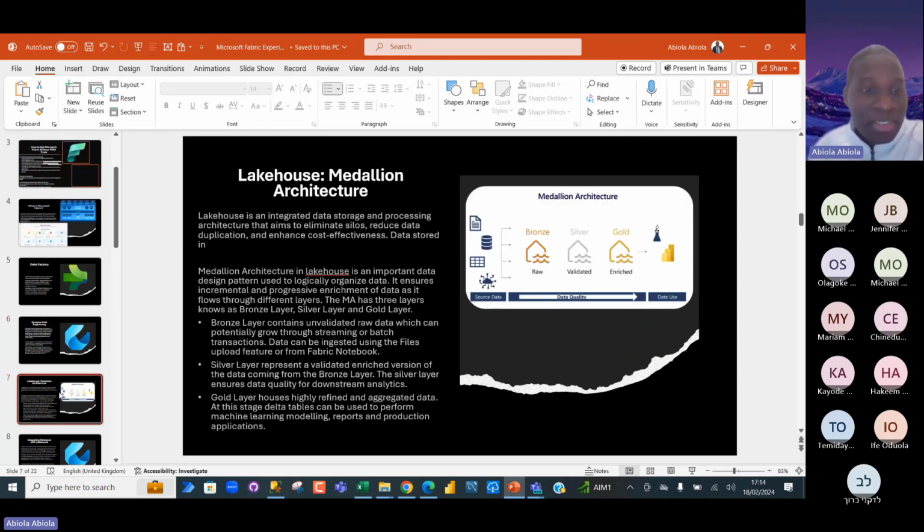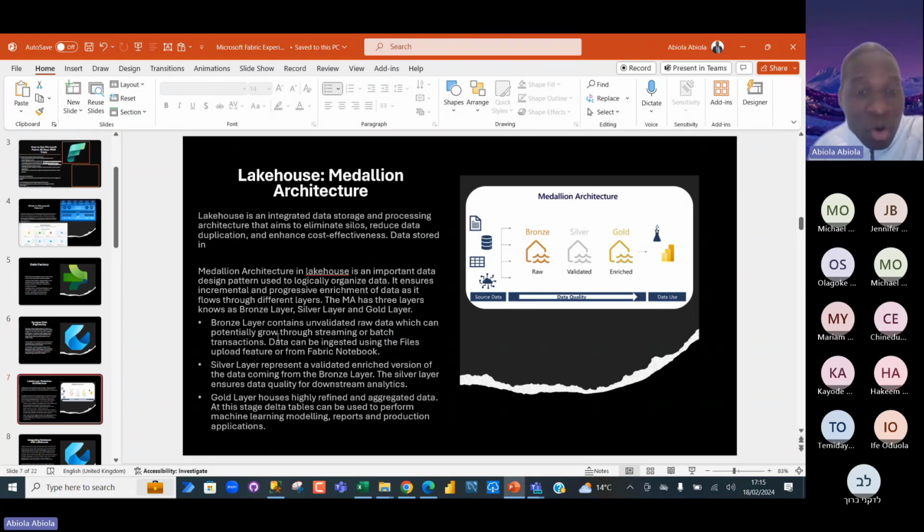And still on the data engineering platform, we have what's called the medallion architecture. When you look at this picture here, we have three layers: the bronze, the silver, and then the gold medallion models or architecture. For example, when you create a lakehouse, you can easily ingest or sync data from maybe a workspace or even externally from Azure Data Lake Storage, or even from Amazon Web Service. I'm going to cover Amazon Web Service practically in today's session. So you can ingest data into the bronze layer.